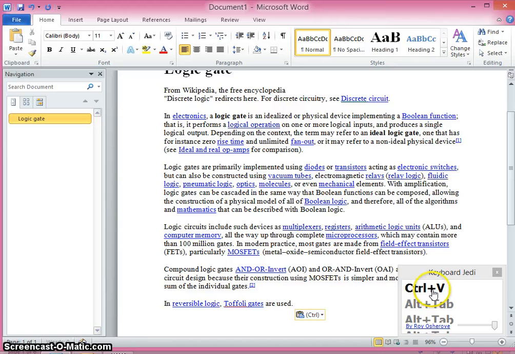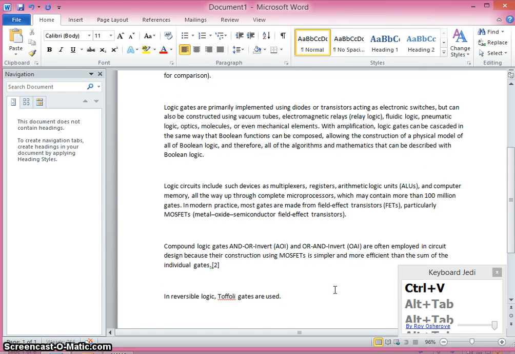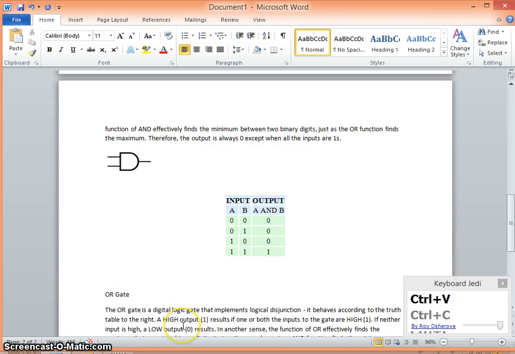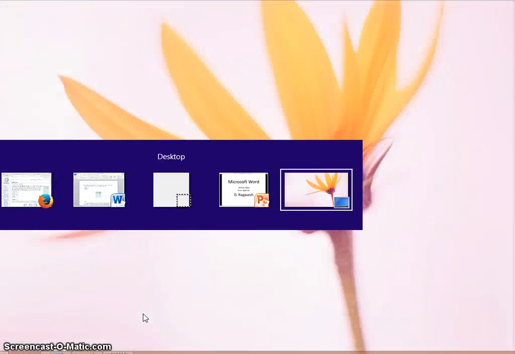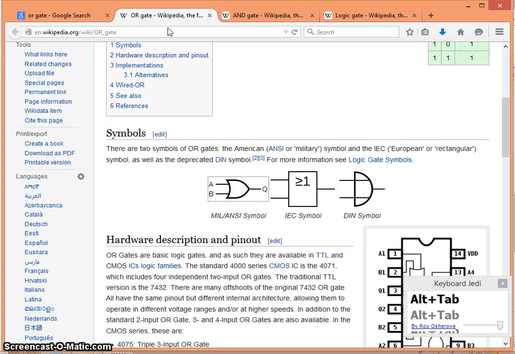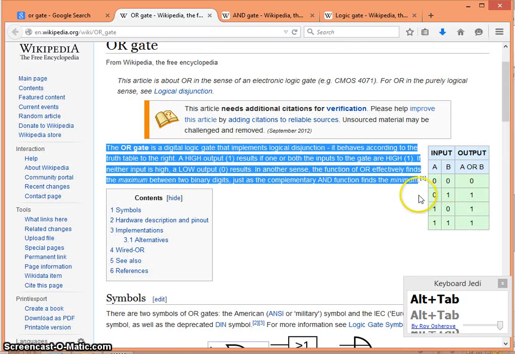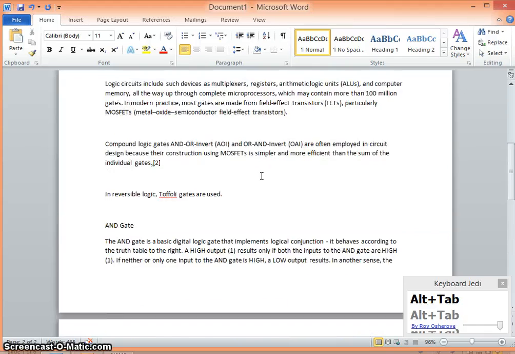The shortcut which I use displays over here. As I copy the information from the logic gate, I also copy it from the AND gate and the OR gate, along with the basic symbol and the truth table into the Word document. As you can see here now,